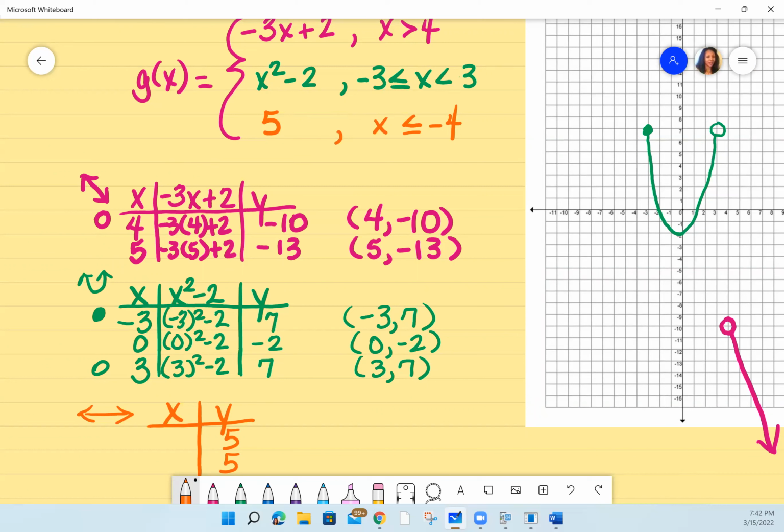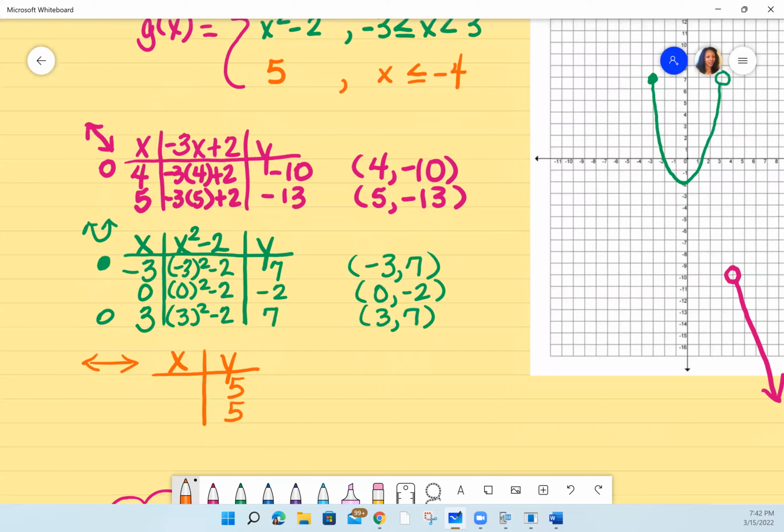But once I start putting my conditions in, it may be partial or a piece of that graph. So I'm going to use -4 because that's what's shown, and any number that is less than -4. So that means going to the left. So I'm just going to use -5, but it really doesn't matter because either way, the output is still going to be 5 based off of what